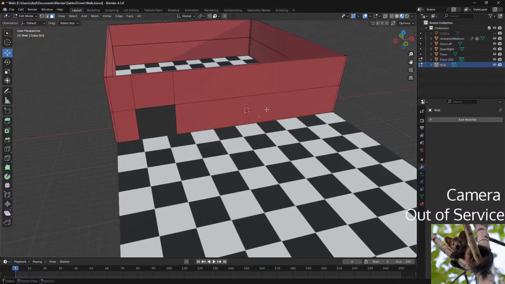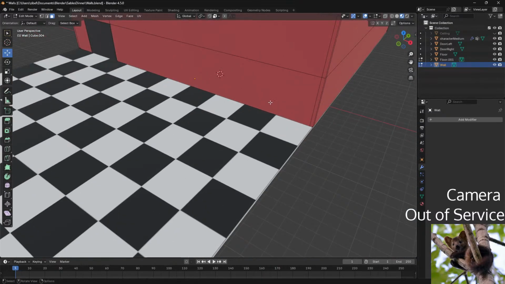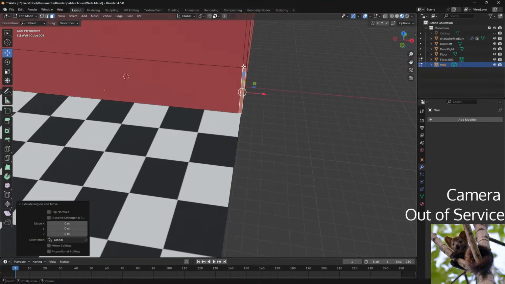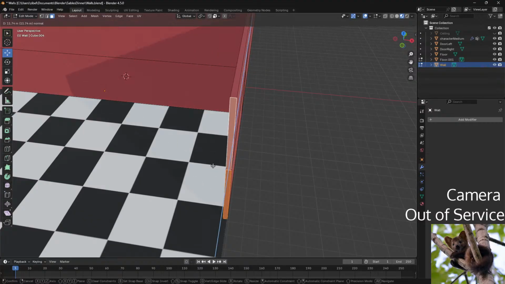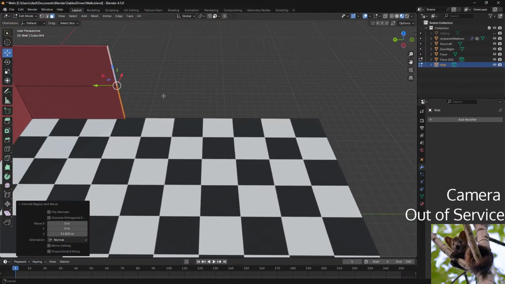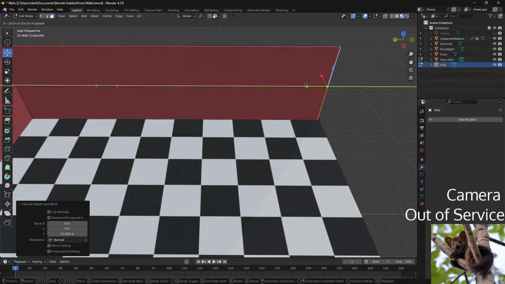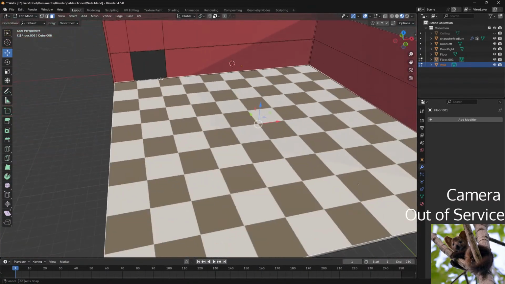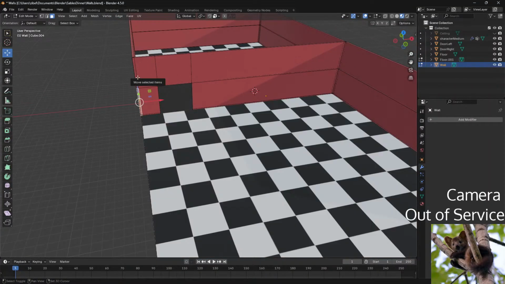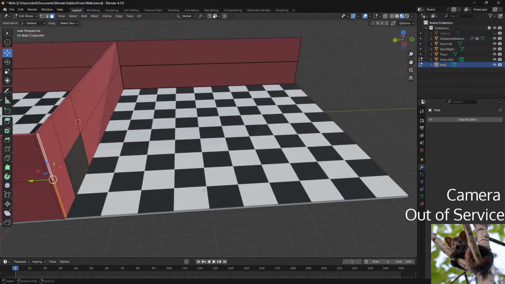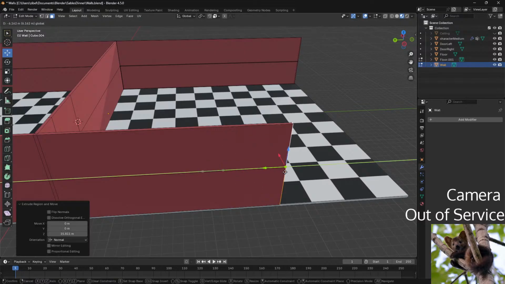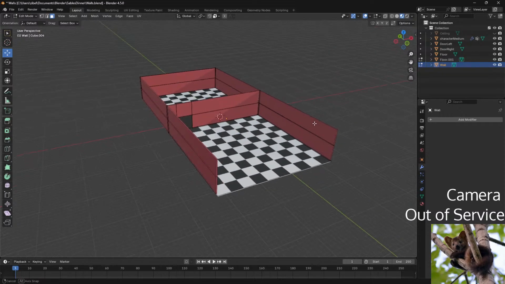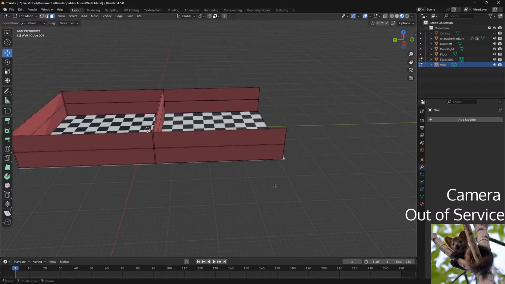But I can kind of do this wall. This wall. But what if... wait.